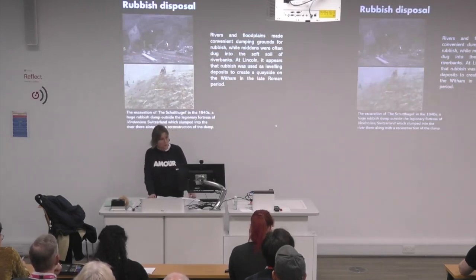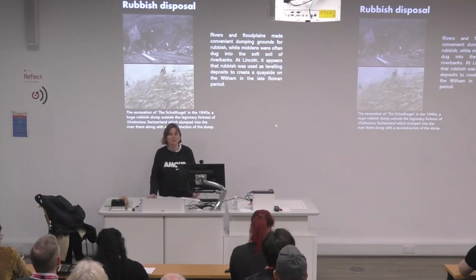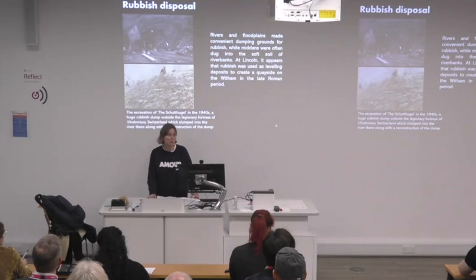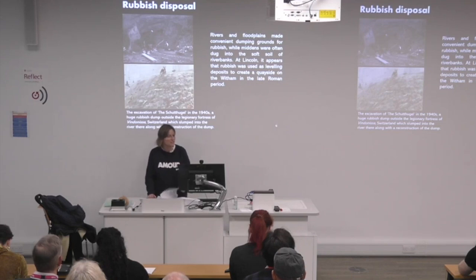Rubbish disposal is also another dominant interpretation of riverine assemblages, and rivers and floodplains were clearly convenient dumping grounds for rubbish, while middens were frequently dug into the soft soil of riverbanks. Perhaps the most famous rubbish dump in the Roman world is one which slumped into a river outside the legionary fortress of Vindonissa in Switzerland, and known colloquially as the Schutthügel. Located outside the north gate of the fortress, in an area which sloped down to the river, dumping created a mound which even today is 200 meters long, 80 meters wide, and 18 meters high. I think the image of the excavations in the 1940s gives